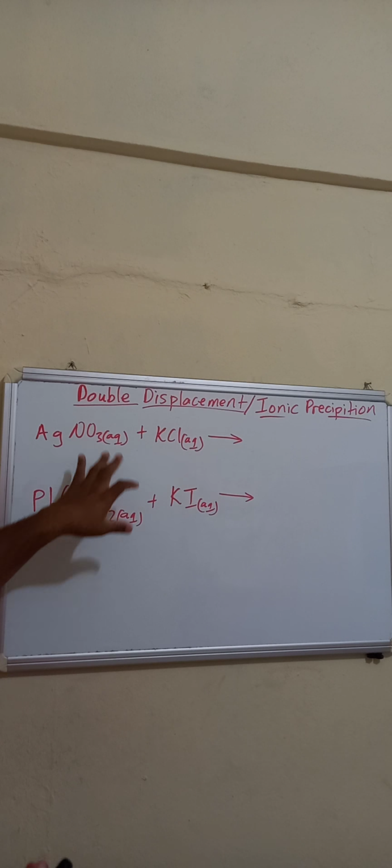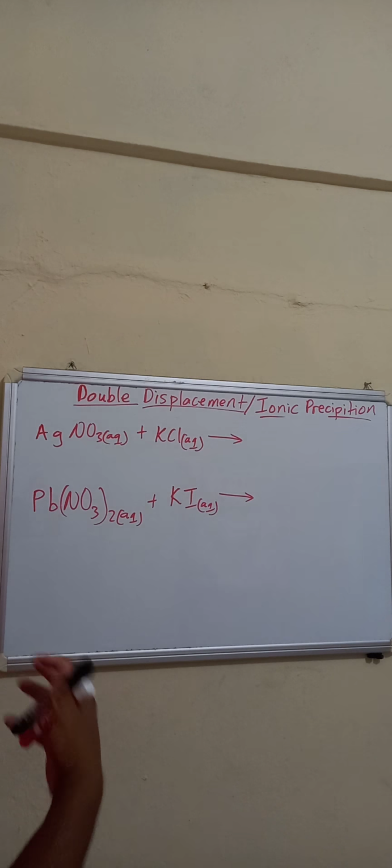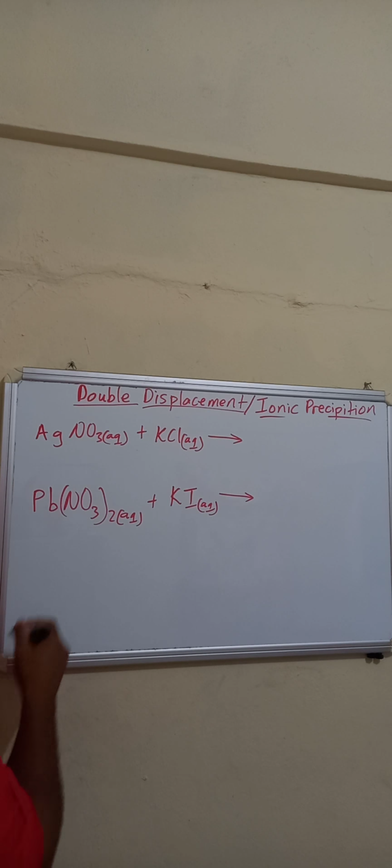Alright, so the double displacement reaction is also called the ionic precipitation reaction. In this one, you have two ionic compounds, but both of them have to be able to form a solution. That is why every state symbol you see is aqueous. Now, when you have a reaction like this, double displacement, the positive ion from one of the